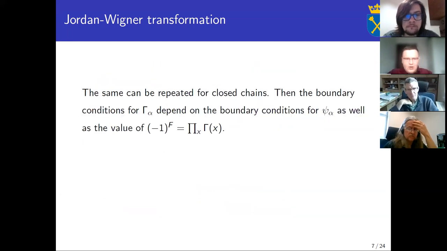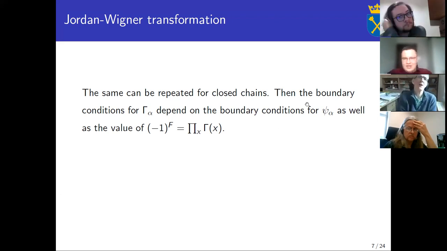And one can repeat the same thing for closed chains, so discretizations of a circle, and it is very similar, although as you note, there was some ordering of points, which is sort of unnatural, and one has to choose somehow the first and last point, and really think about what is going on with boundary conditions.